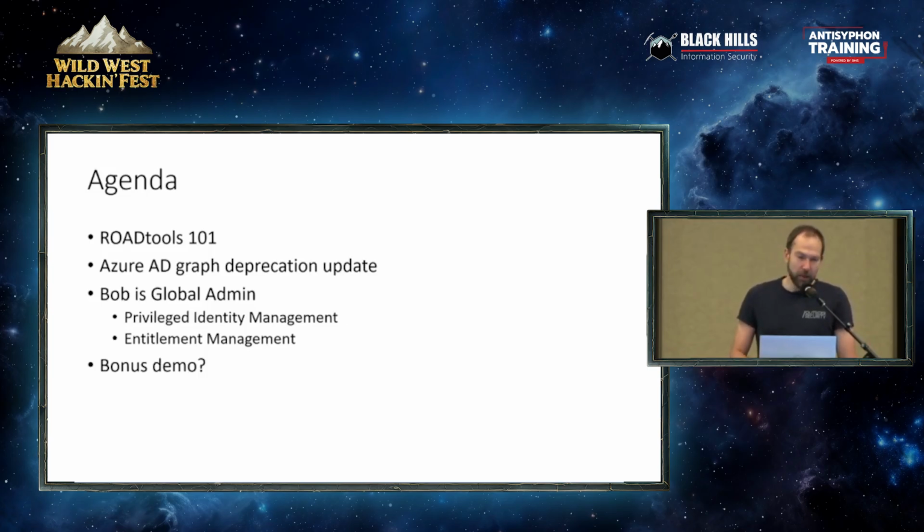Then we're going to talk about this guy called Bob. Maybe some of you have taken my Entra class, then you will know that there's more to Bob than it seems, and that's also going to be the case here. First I'm going to show you how Bob looks very innocent, but in the end we're going to find out that Bob is global admin in multiple different ways that you can now detect with Recon, or analyze.